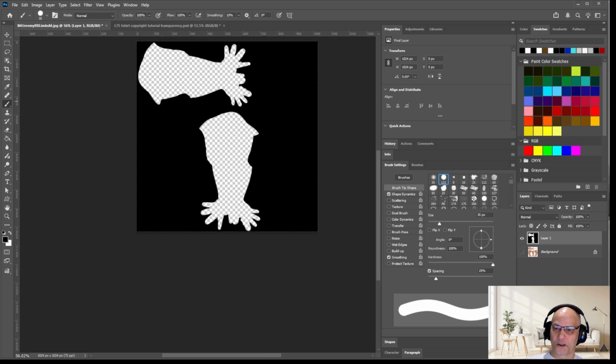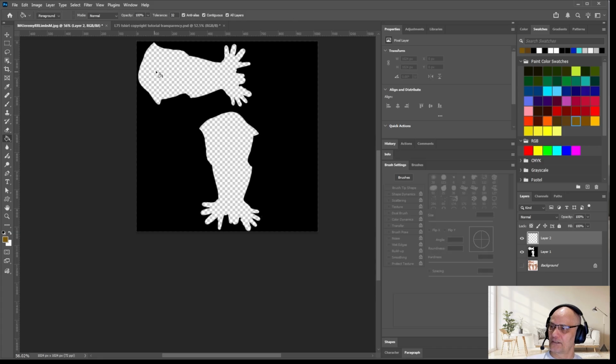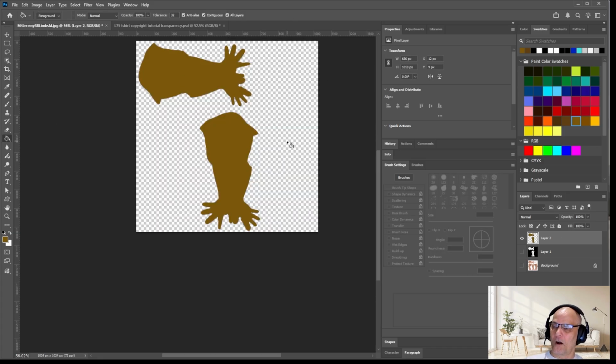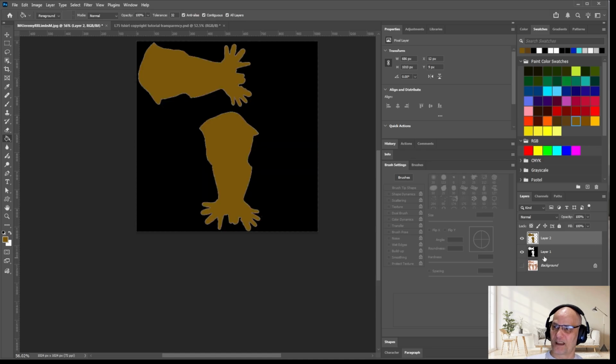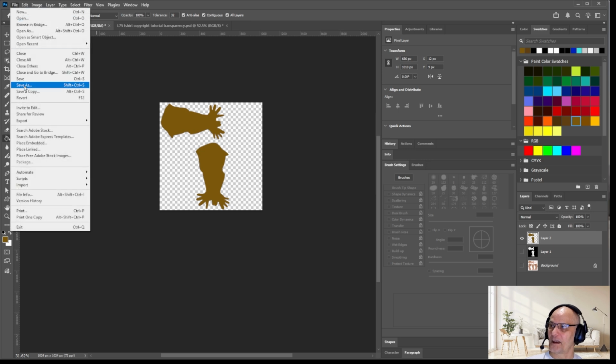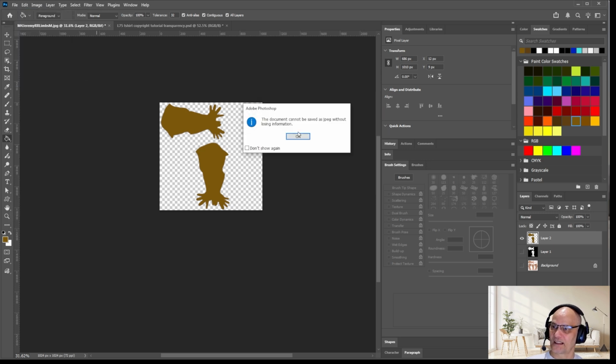For now, I'm going to create a new layer. I'm going to choose brown. This is going to be my suntan color. And I'm just going to do a gradient fill there. So now I've got a suntan fill, and if I need it, I've got a transparency layer there. So for now, I'm just going to save the suntan layer. I think that might be enough actually. So save as,